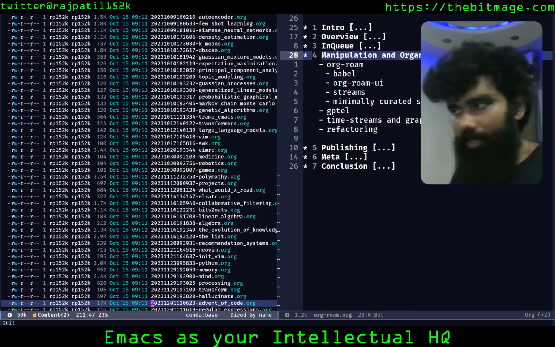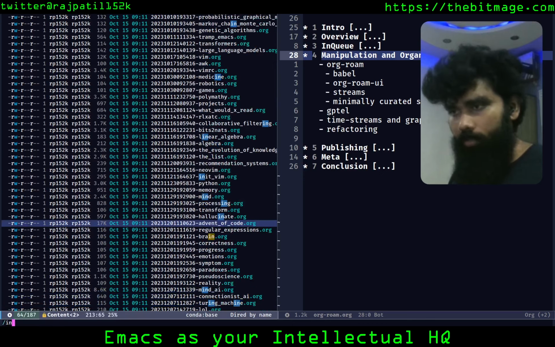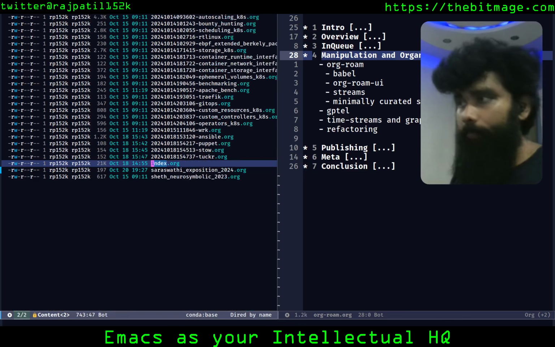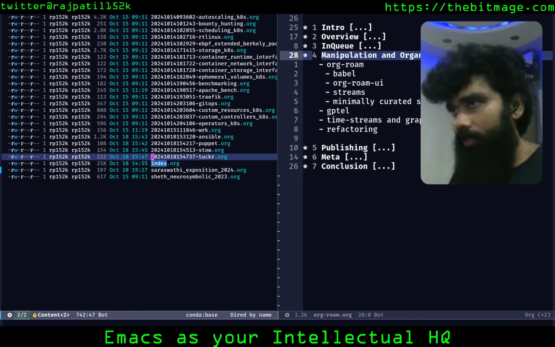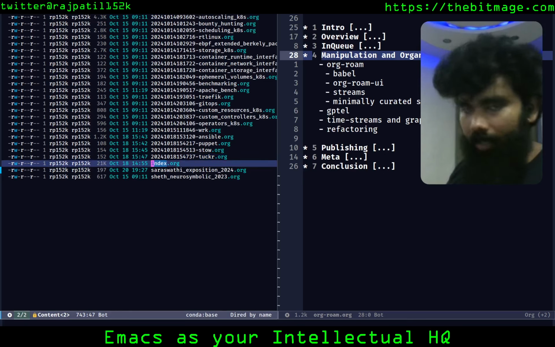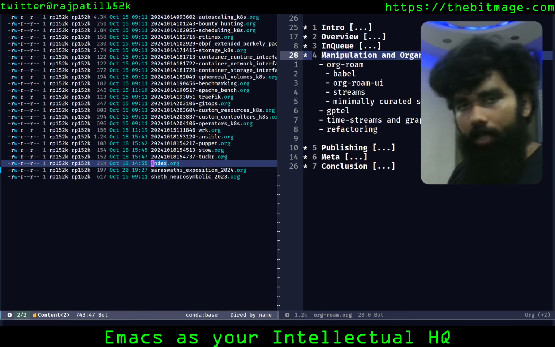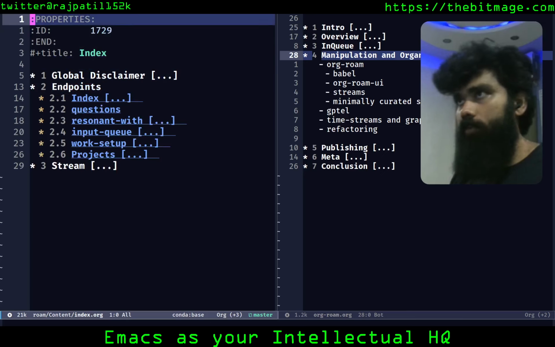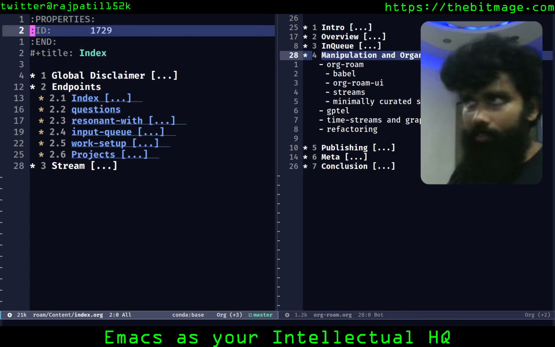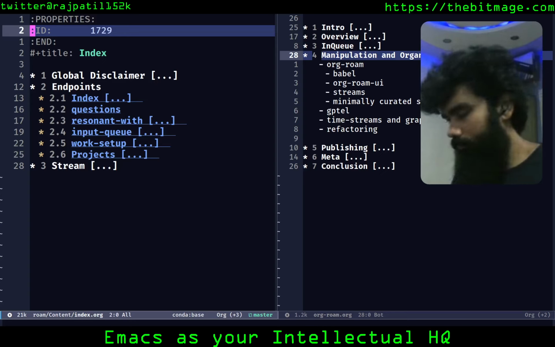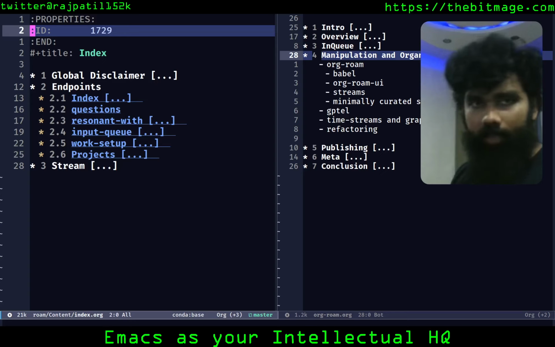For example, my index file, the root into my whole brain dump, was not actually named index.org. It was named something else. I changed it into this, and the links still stand, because in the properties tab, the ID is what the links are based on.